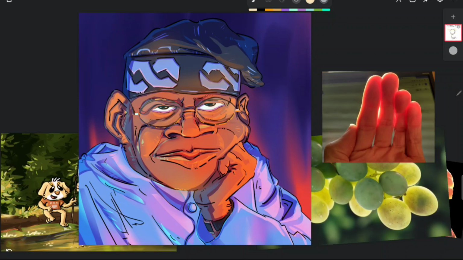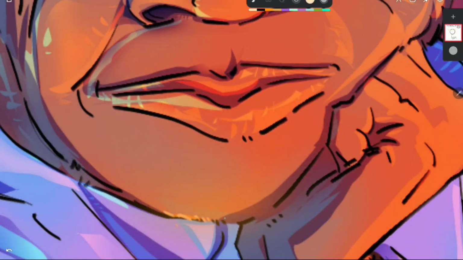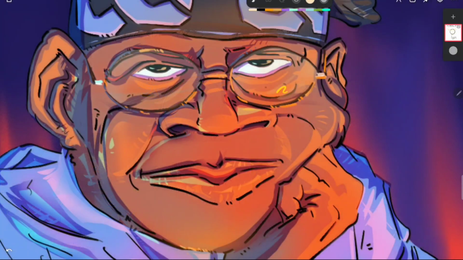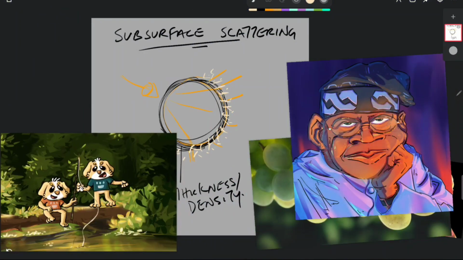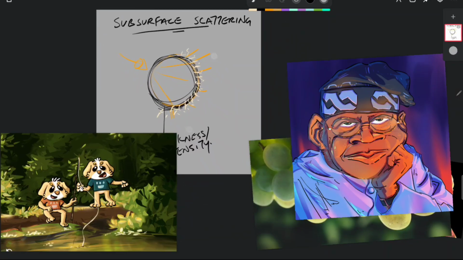If we zoom in, you can see what I'm doing at this point. You can see how the light is there, and this point too. You can see how the intensity of the light is changing on those points, even in the lips and the arms, but it depends. So take note of that. The intensity of the light also matters, how close the light is to the figure. So when we talk about subsurface scattering,